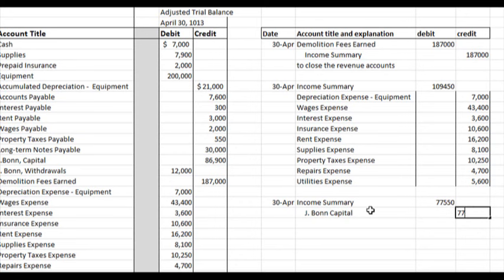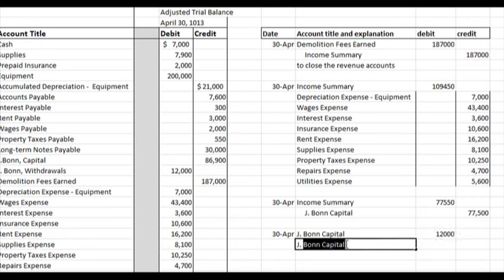capital for that amount. The only other thing that you have to do, the only other temporary account you have, is your withdrawal accounts. Withdrawal accounts right here has a debit balance. In order to make that be a 0, we would have to credit that. What does withdrawals do? It reduces your capital account. So we will debit J Bond capital $12,000 and credit J Bond withdrawals